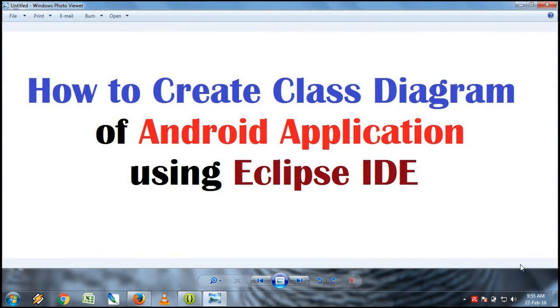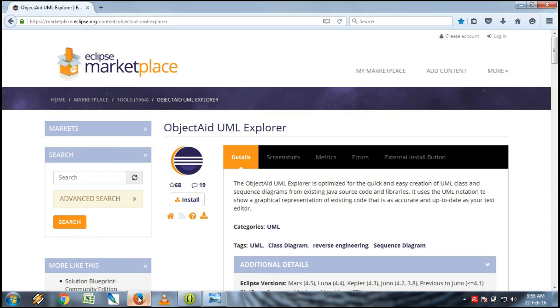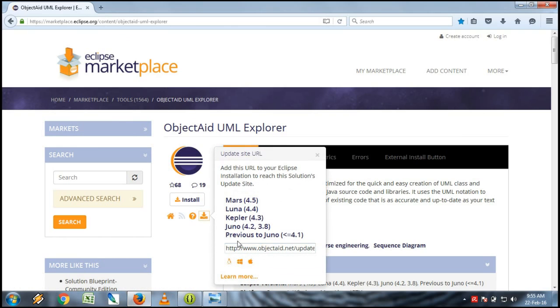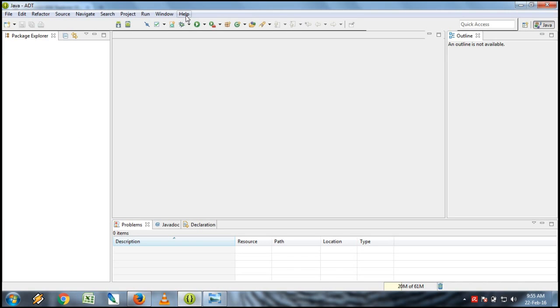In this tutorial, we are going to see how to create class diagrams of an Android application using the Eclipse IDE, integrated development environment. For that, we first require ObjectAid UML. You can copy the link, then press the download button, copy the link, then go to the ADT Android Development